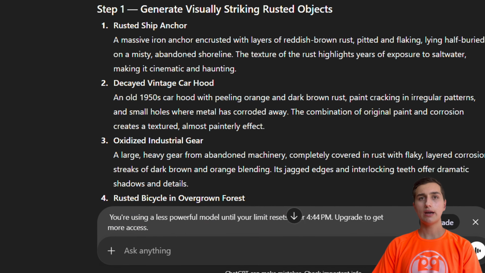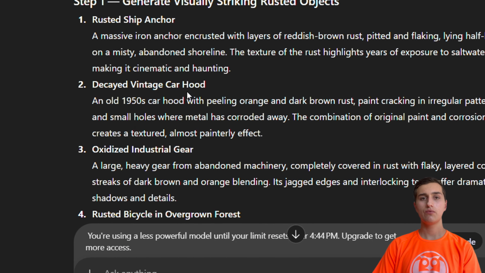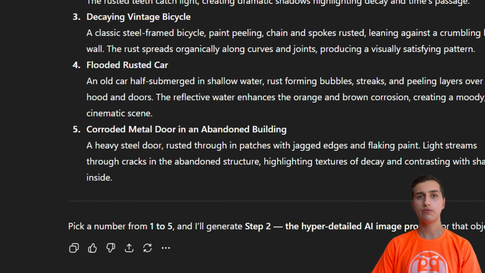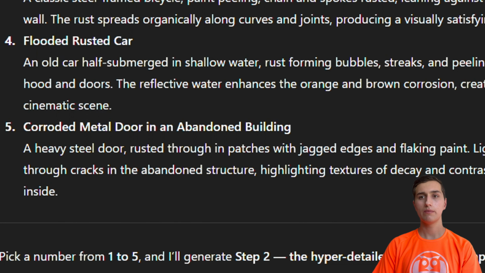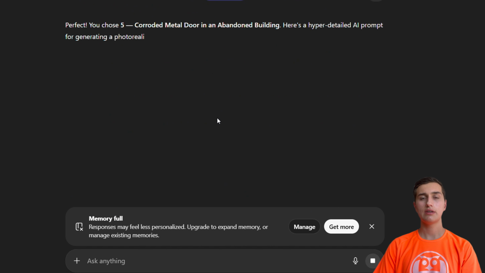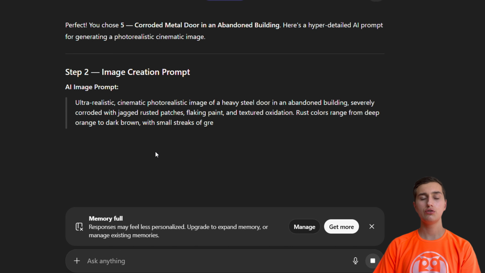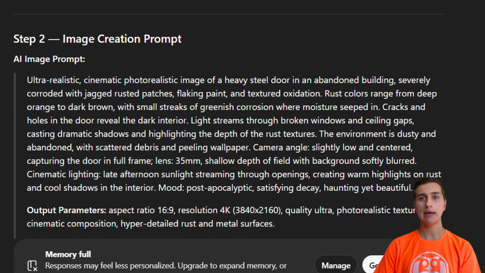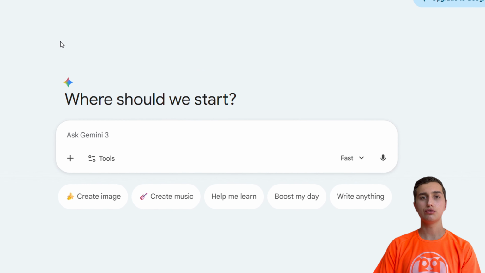So now we are at step 1 and it gave us 5 different ideas to create our AI videos. You can ask ChatGPT to give you more ideas for the videos, and I'm gonna choose the 5, which is the metal door. Then you just put in the prompt the number 5 and you click on enter. Now it's gonna generate the prompt to create the image. As you can see, the created prompt is very detailed and optimized, and you're gonna head over to Gemini to